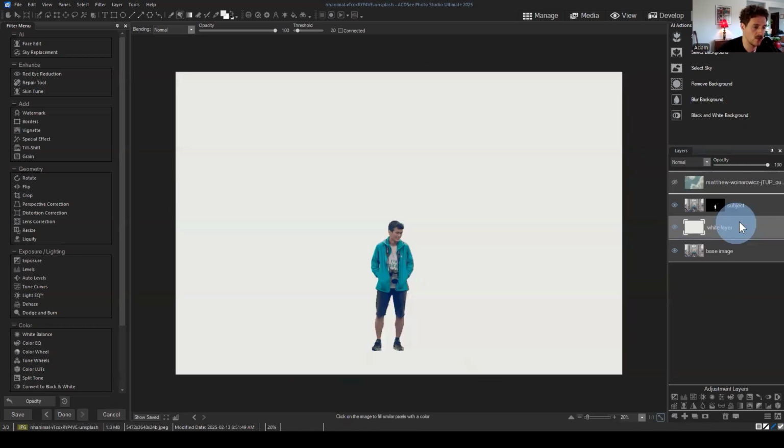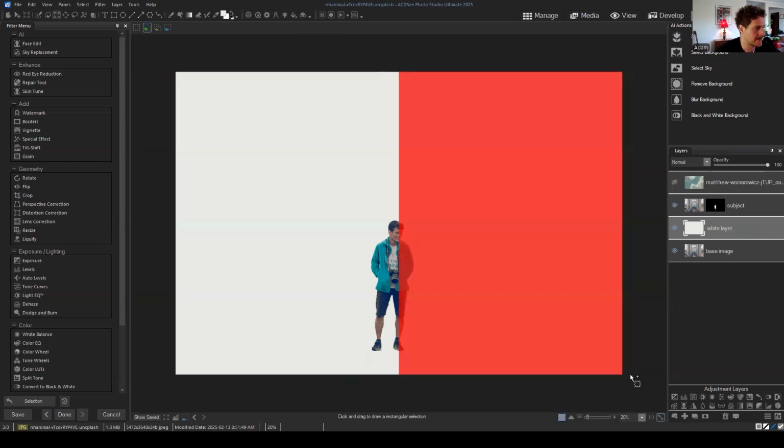Okay, let's mask this layer. So I'm just going to take the rectangle tool and make a mask of our image here. I'm just going to mask around halfway through my subject. So I'm making a rectangle selection, and you can see that it's cut through my subject here, and it's on the white layer. And then when I go to click the mask button,